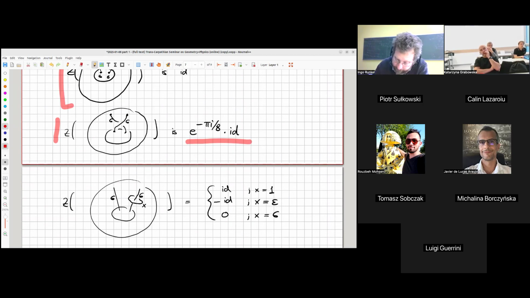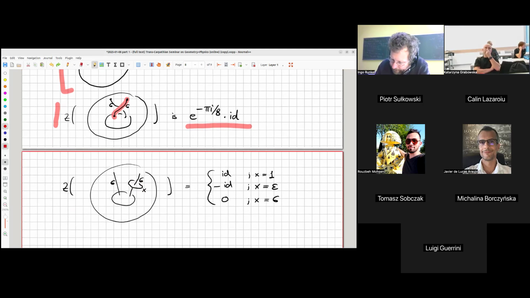But you can also do more complicated things. You can say, rather than just having lines which connect the two boundaries, I could have some Wilson lines which just float inside my 3-manifold, like here. And if I label it by x, which can now be one of my objects, 1, sigma or epsilon, well, that will change what the answer is. And I'm saying that depending on what x is, if x is the identity object, I get the identity. But if x is my other representation epsilon, it turns out I get minus the identity. And if I choose for x the third representation sigma, then this specific picture here gives 0.